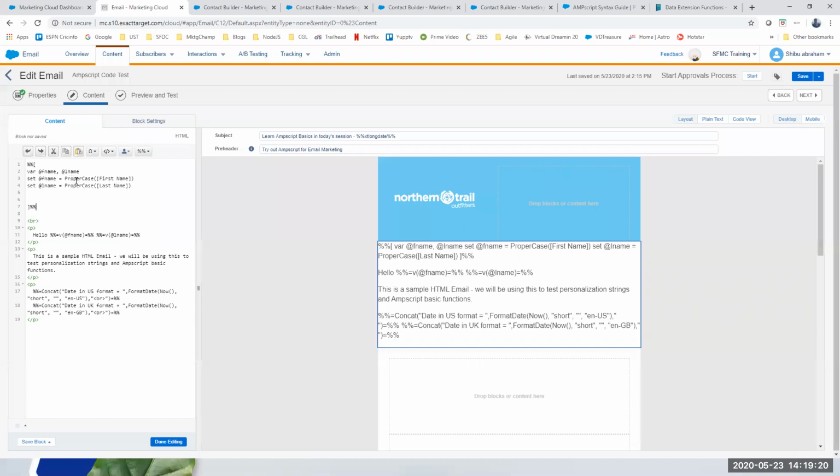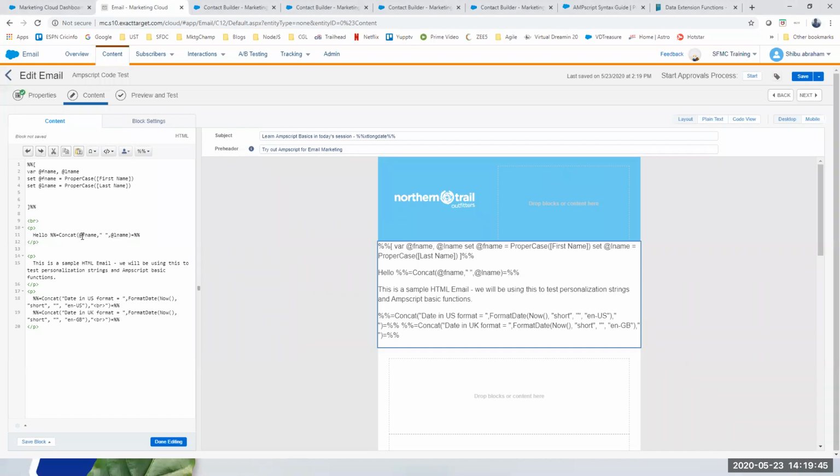Okay, so I have now made it proper case here. Earlier, when we were looking at the first name and last name, it was not working properly. Some of them were lowercase and some of them were uppercase, right? And here, if you notice, it's two different inline ones. I probably want to change that into a single function using concat.